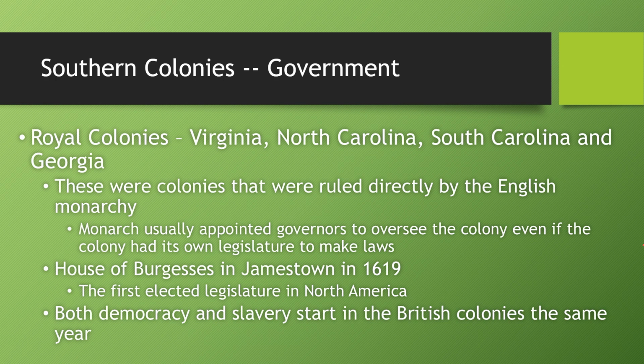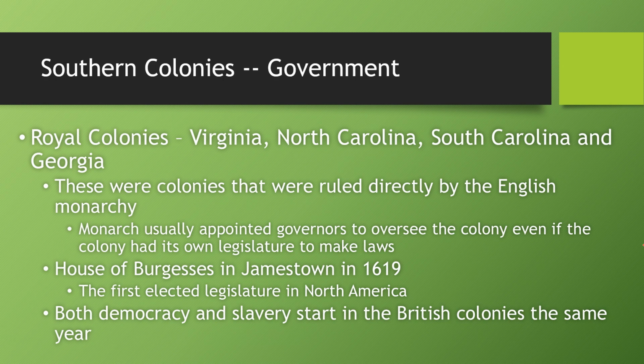Most of the governments in the Southern Colonies were royal colonies: Virginia, North Carolina, South Carolina, and eventually Georgia. A royal colony is a colony where it is ruled directly by the English monarchy. The monarchy would usually appoint governors who would oversee the colony, even if the colony had its own legislature to